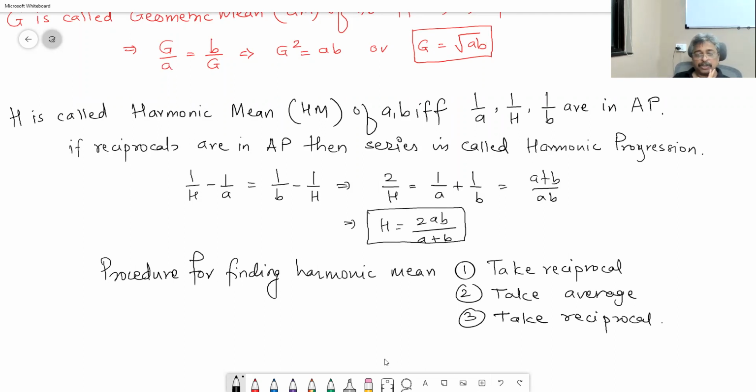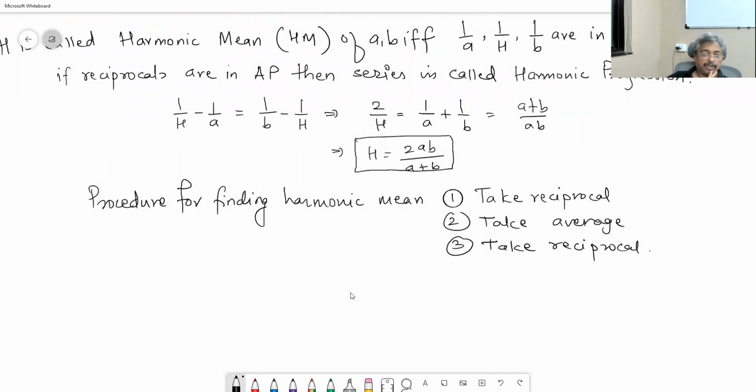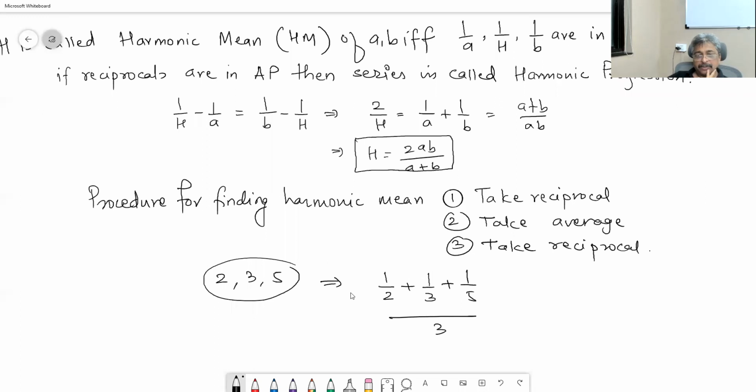Okay. Suppose you are told to find out the harmonic mean of 2, 3 and 5. What are we supposed to do? Harmonic mean. Let us write harmonic mean later. 1 upon 2, take reciprocals. Take average. This is reciprocal and average. First two steps are done. And then take reciprocal. So the harmonic mean of 2, 3, 5 is going to be this number. If we simplify,